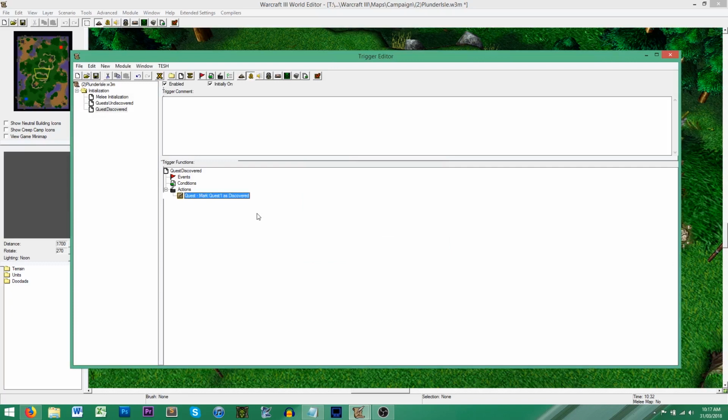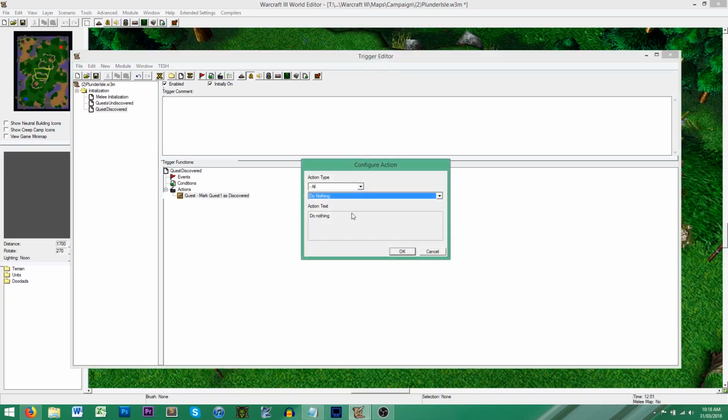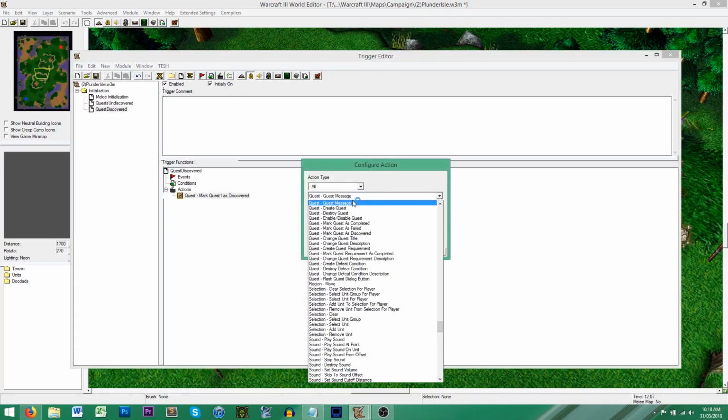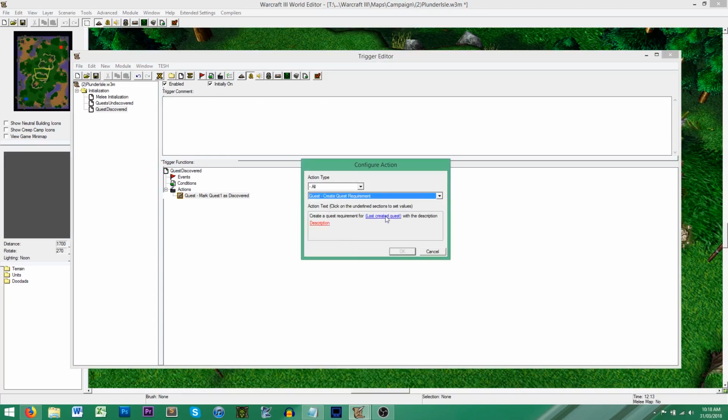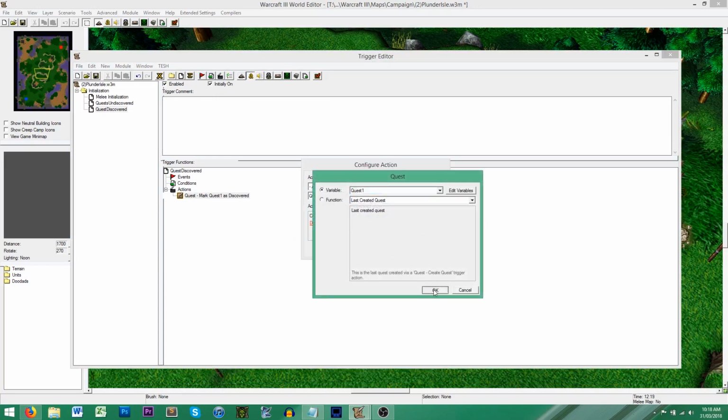Now, there is a couple of other things we need to do in addition to this. The first one is that a quest usually has objectives, which is something like go here or destroy this enemy base. So once your quest has been discovered, you will need to create these quest requirements. And you can do so by going into Quest in Actions, and we go Create Quest Requirement. We create it for Quest 1, and then we say, for example,